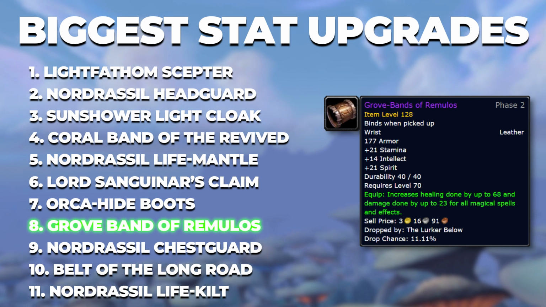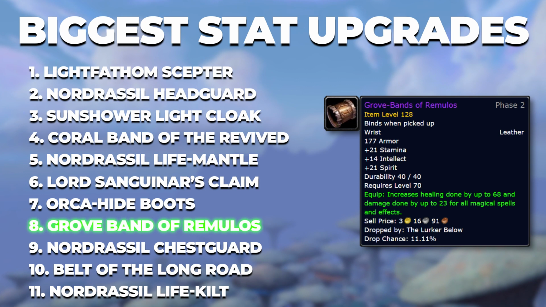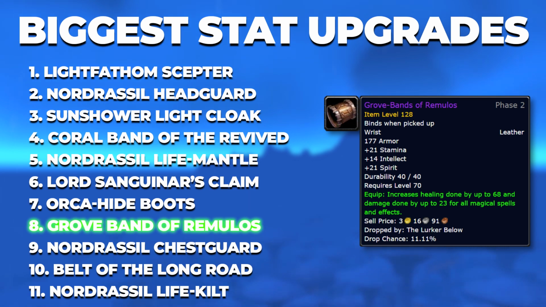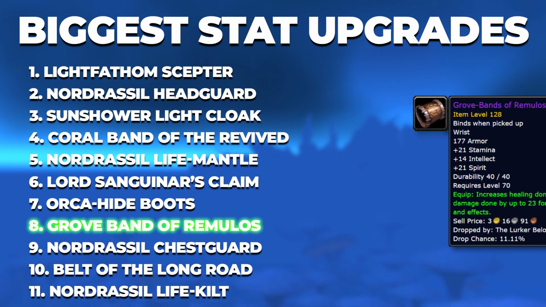This is not something that I would say you should spend any DKP on. It's a 25% drop rate. It's easy to get. It's going to be one of those pieces that every Resto Druid has in Phase 2, and it's probably one of the least rare pieces you can get that isn't a tier piece. So I would definitely not prioritize the Grove Bands at all. The Spirit is nice. Some people even run them in arenas,